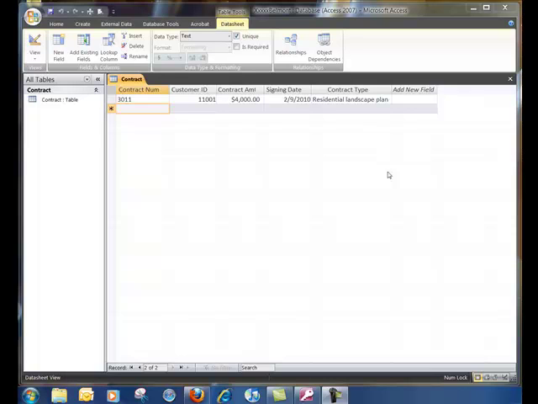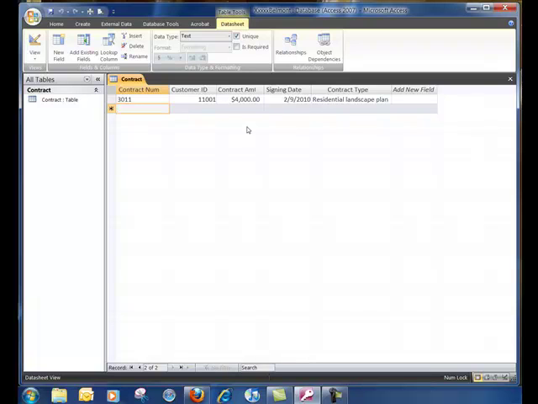Now I'm going to input a few more records, and you're going to see a pause in the middle of this presentation while I input a bunch more records instead of doing them all on screen. And then we'll pick it back up again. So, to enter my next record, I'm in the contract num field and I'm working from page AC15, and